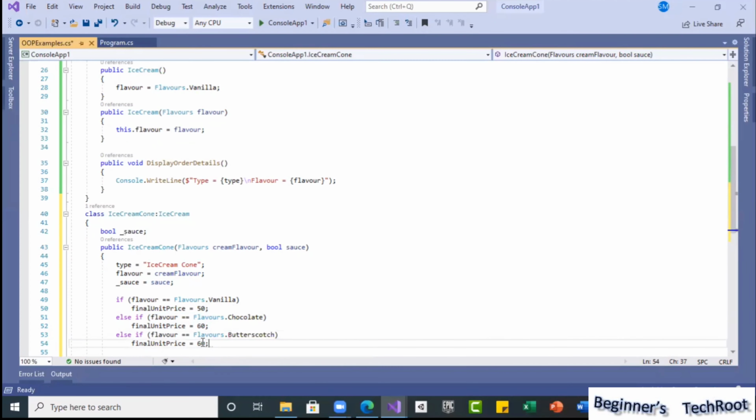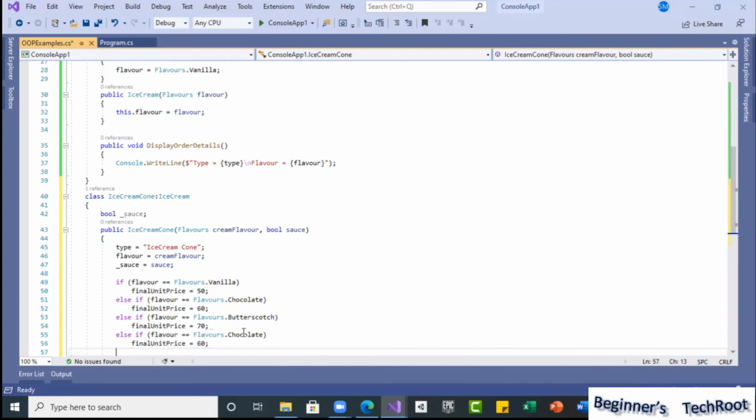Okay, this I will make some 70, and then one more else if. Okay, the last one what we have is blueberry. So only 4 options: vanilla covered, chocolate covered, butterscotch covered, blueberry. So all 4 we covered. I will just make it 80 rupees.